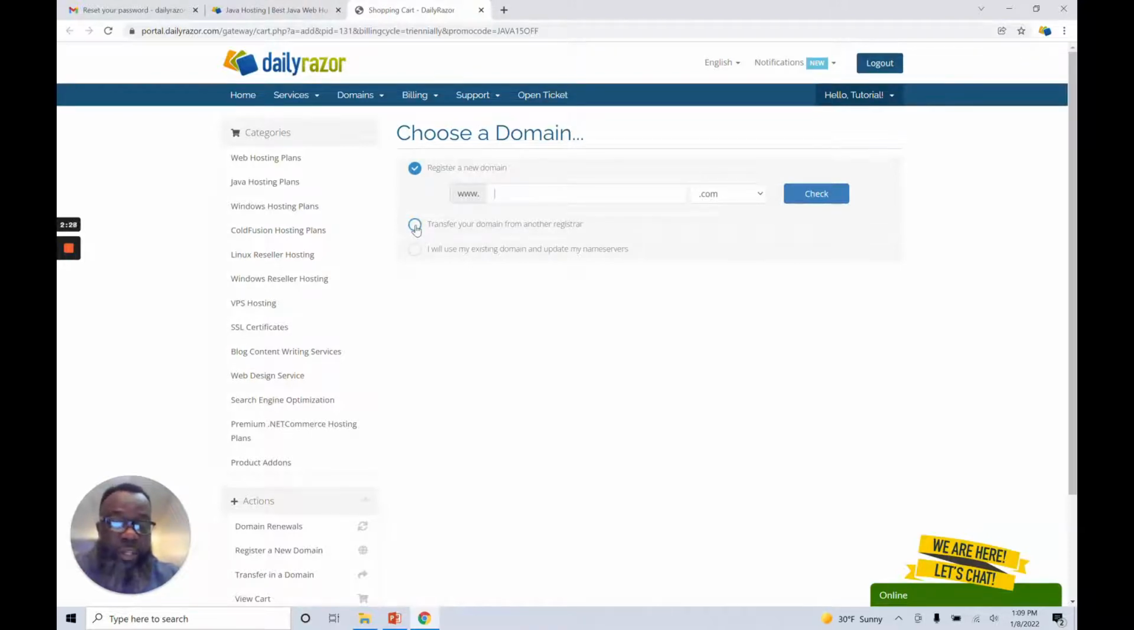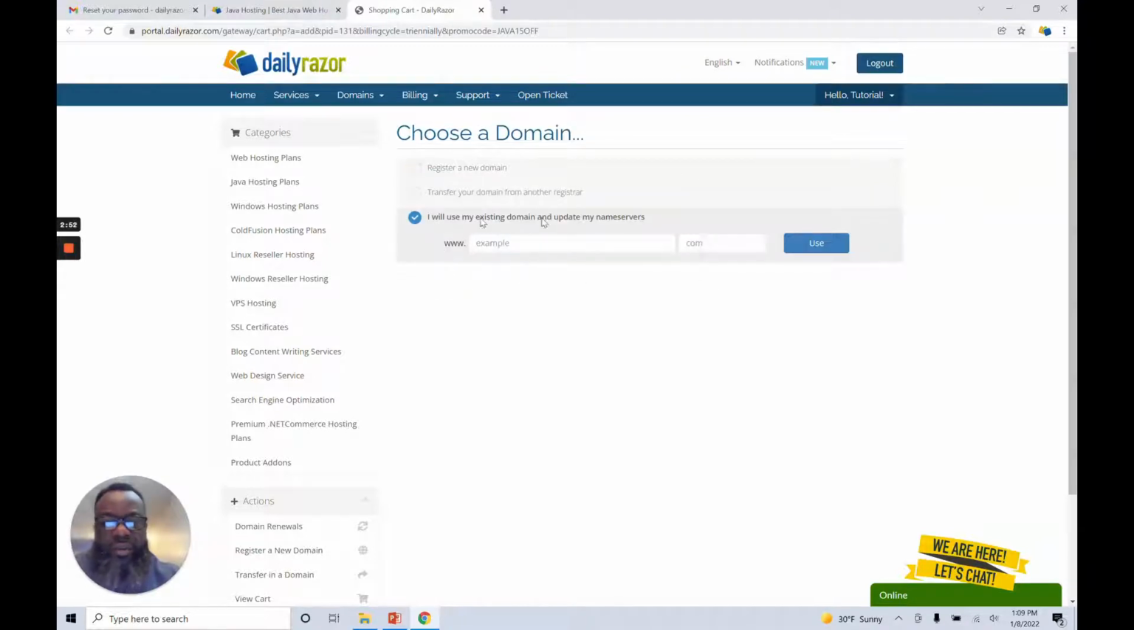If you have a domain name already registered, but you want to keep it at your current registrar, you can select the I will use my existing domain and update my name servers. So what this means is that once you get your new hosting account information, we will be providing you with our private DNS server names. Then you can go to your domain registrar and do that update. So in this case, I'll use my existing domain name and I'll call it